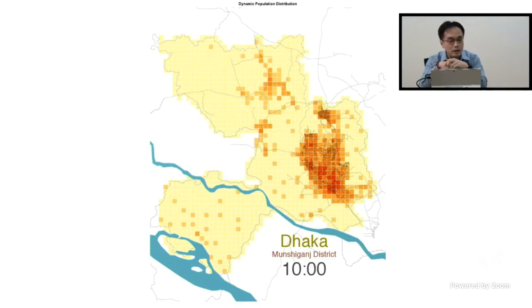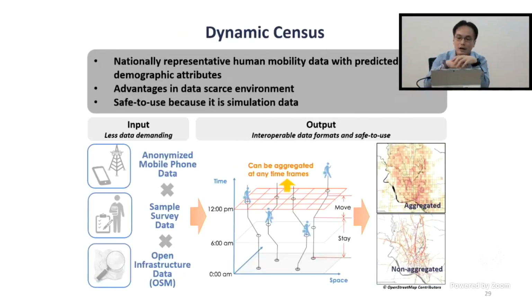My colleagues at the University of Tokyo have been working with this kind of data for demography mapping. This kind of data is useful for estimating personal profiles. For example, a student takes a route every day between home and school, going to school in the morning, and in the evening going shopping and then coming back home. Meanwhile, home workers may stay at home the whole day. This kind of people's trajectory is useful to identify